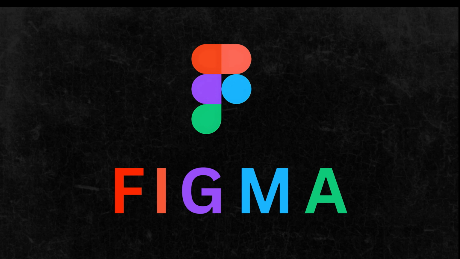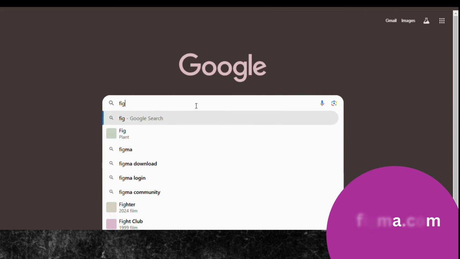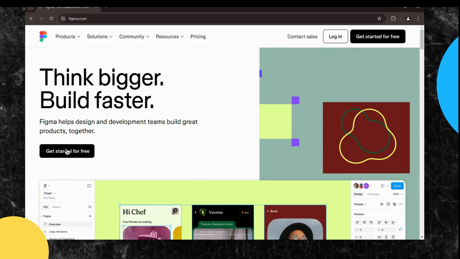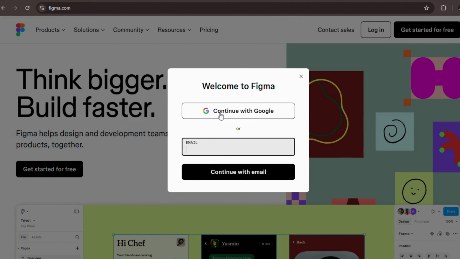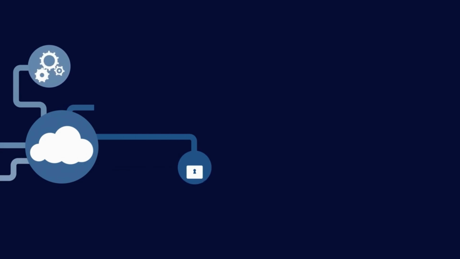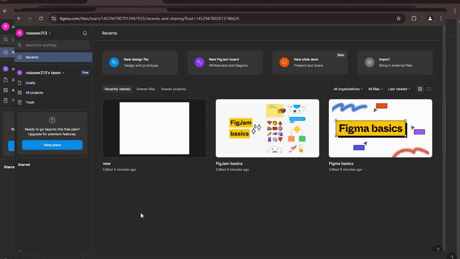Let's get started with Figma in under a minute. Seriously, it's that fast. Head to figma.com, click sign up, and boom, you are in. No software to download, no stress. All you need is an email, a password, and a sprinkle of creativity. By the way, guys, Figma was the first design tool to go fully cloud based. Alright, let me give you the grand tour of the new playground.